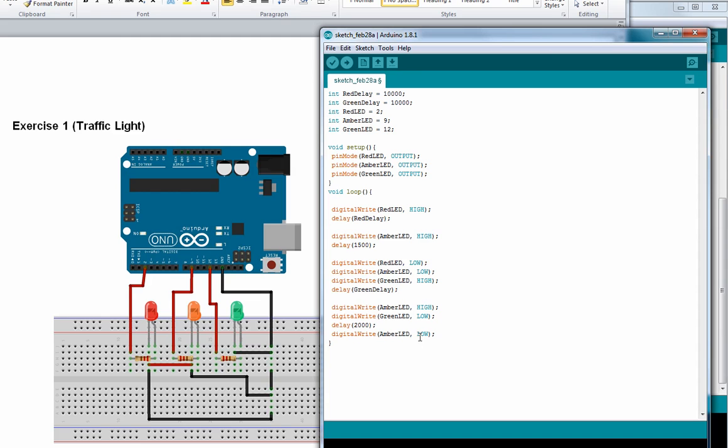Let me just see. I'm not 100% sure this should be low, because now what we are saying is red, amber, and then the green is on. There you go, the green is on. There's a delay, and then that's it. I understand. Okay, so what we are saying is the amber will go high while the green is still on, and then the green light would go off, and then the amber light would go off, and then of course the red light should be